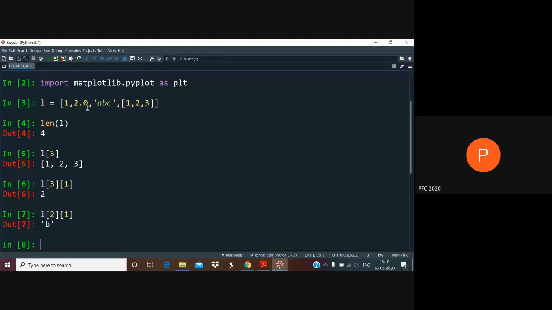The advantage is that once the list is created, the very first time it's created, its memory locations are completely allocated, and it's very easy for the interpreter to figure out exactly where a particular element is, because each of the elements are exactly the same size, they take up exactly the same space in memory, and as a result, access to array elements and manipulations involving them become very, very fast.